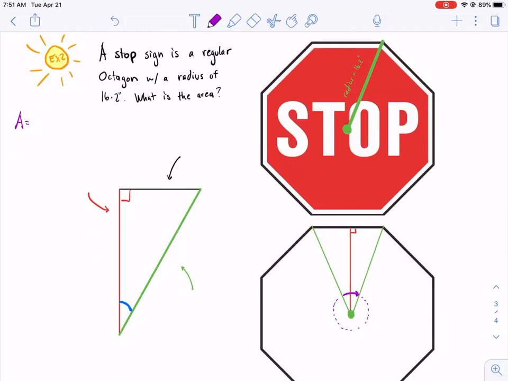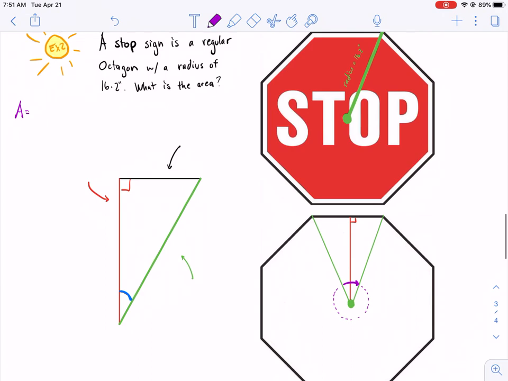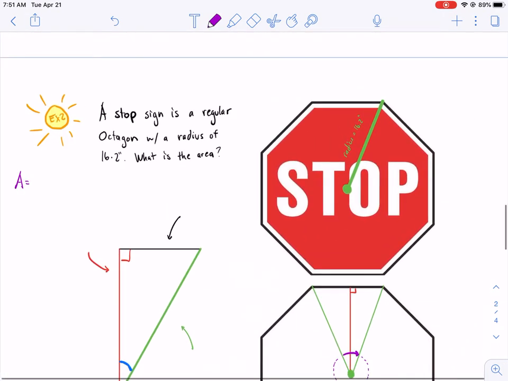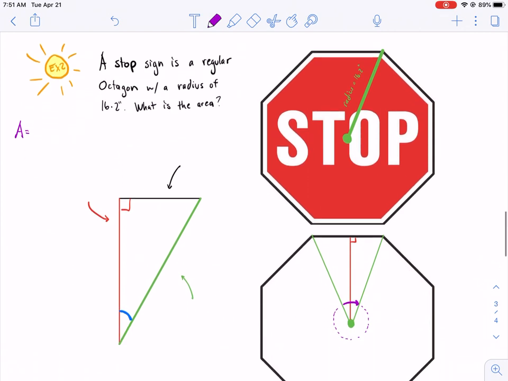Okay, so moving on to our final example. A stop sign is a regular octagon with a radius of 16.2 inches. What is the area? So we have a more real world example here. Here you see the radius, it's a little small, but it says 16.2. The first thing we need to understand is the formula for the area of a regular polygon, and that's 1/2 times the perimeter times the height, which is actually called the apothem